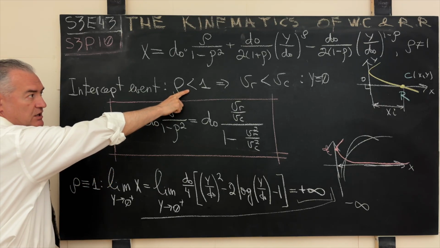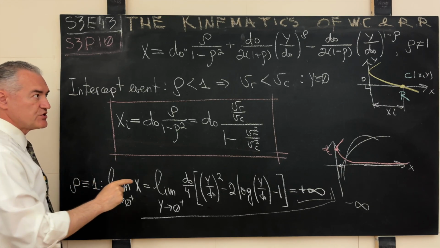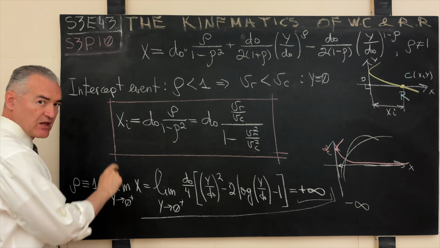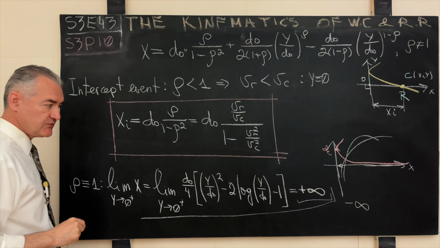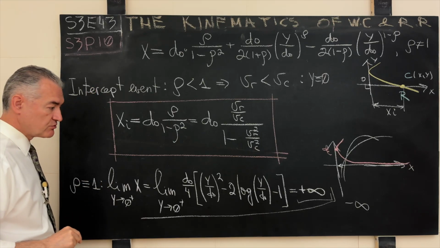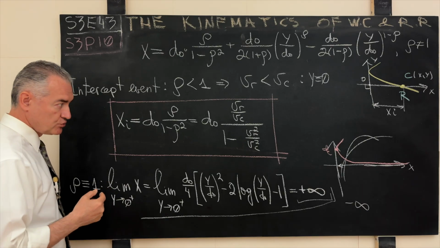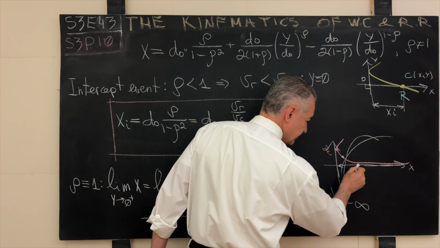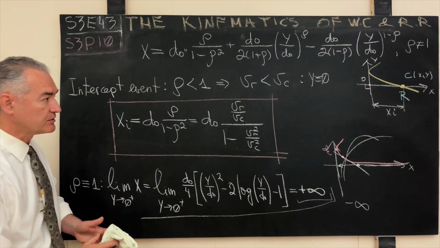The velocity of the runner has to be strictly less than the velocity of the chaser, or in positive terms, the chaser has to run faster than the runner. This is the coordinate of the intercept. In a few minutes, we will compute the time that it takes for the intercept event to happen, if it happens. But right now, let us deep dive a little bit more into the kinematics of Wile E. Coyote and Roadrunner, as I advertised in the title of this episode. And in order to do that, we'll construct the function that will capture the linear distance between these points as a function of the locally available variables.